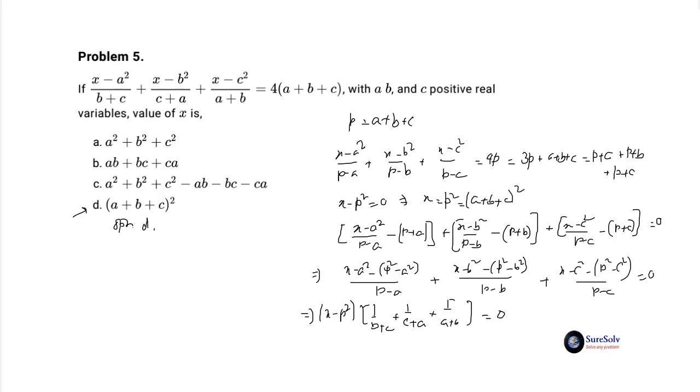So (x minus p) square equal to 0, or x equal to p square. This is not an easy problem to solve at all, but one can still solve it in mind by reducing the complexity of the expression by identifying a same element pattern and choosing dummy variable p to substitute for a plus b plus c. That also conforms to the term reduction technique.